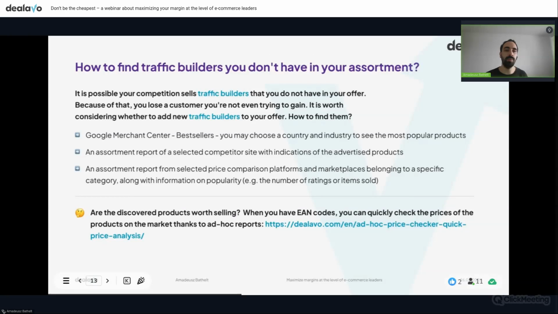Or if you choose to make a report from a selected price comparison platform, you can choose to have some specific information also gathered. So, for example, number of ratings or number of items sold, that is also like a proxy for the popularity, because sometimes they don't say the popularity straightforwardly, but you can have something that is